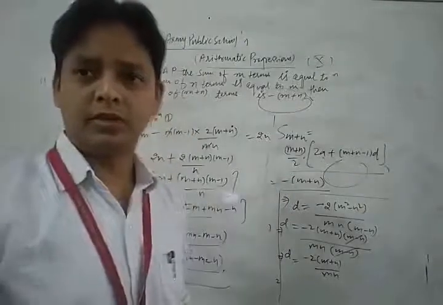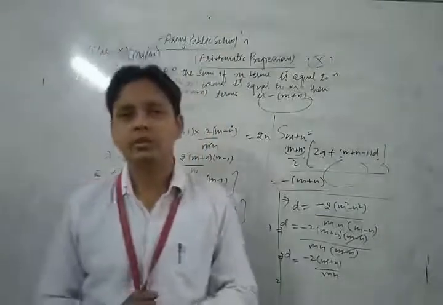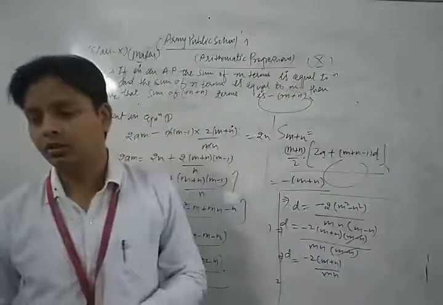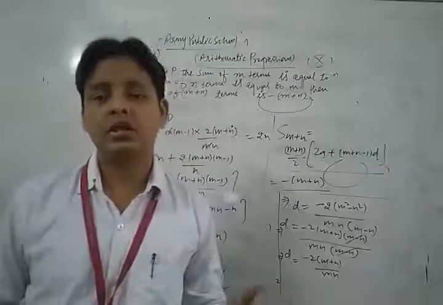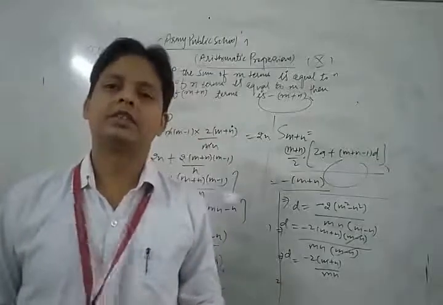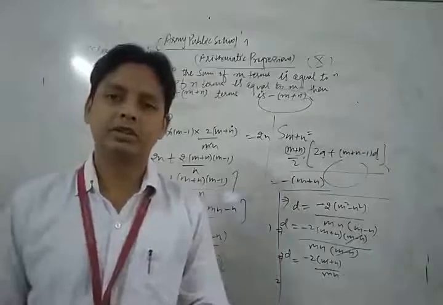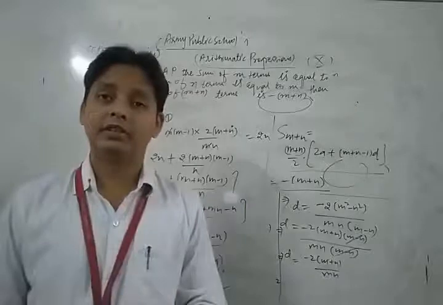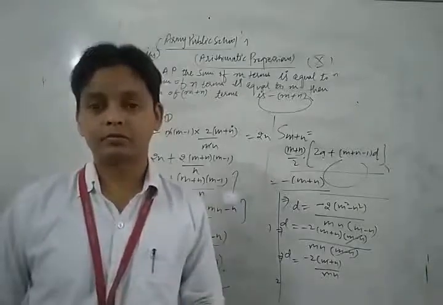Okay dear students, in today's class we discussed a very important chapter of your NCERT exam, which is arithmetic progressions, and in that class we discussed a very important formula to find the nth term when the sum of n terms is given, that is Tn is equal to Sn minus Sn minus 1, and we also took some important questions based on that formula.